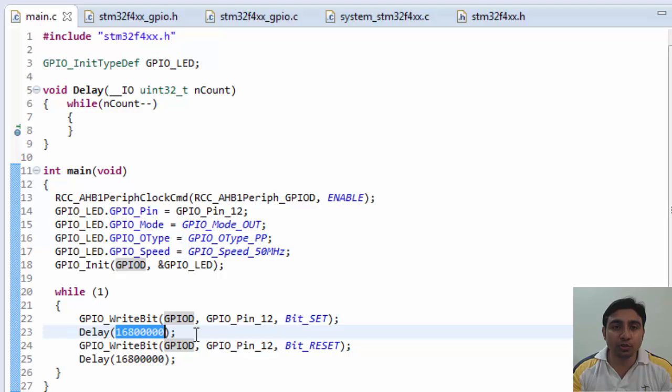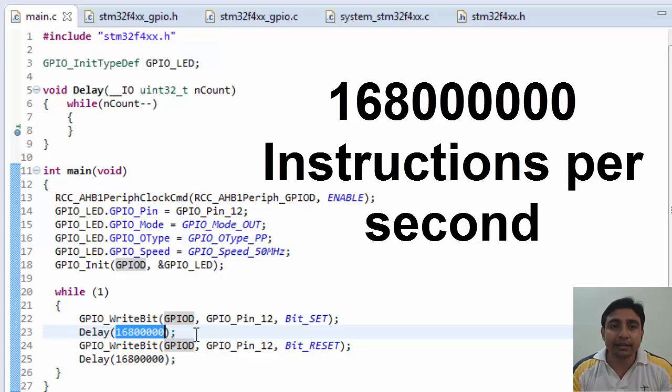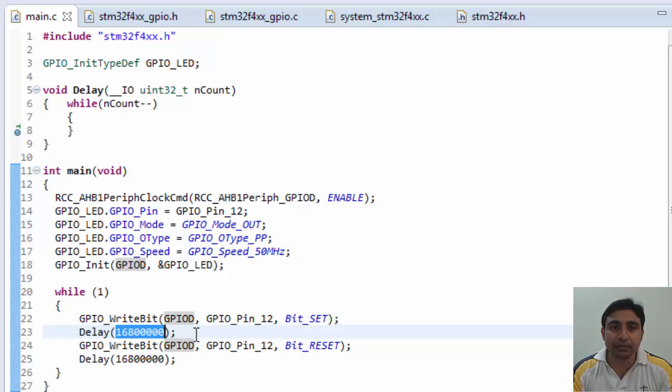Well, there is a way to do that. Not exactly, but still we can get an approximate number. Now we know that our microcontroller is now running at 168 MHz, and that means it is executing 168,000,000 instructions per second.